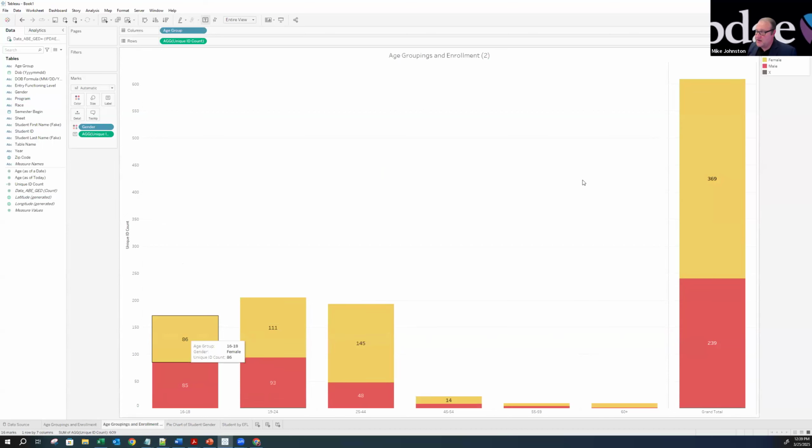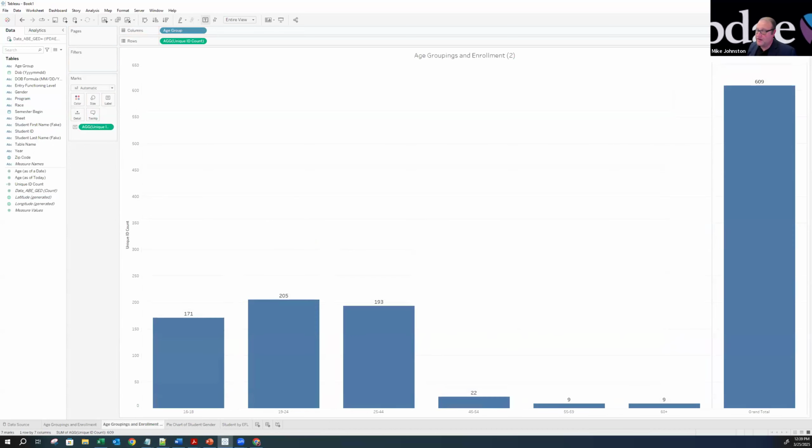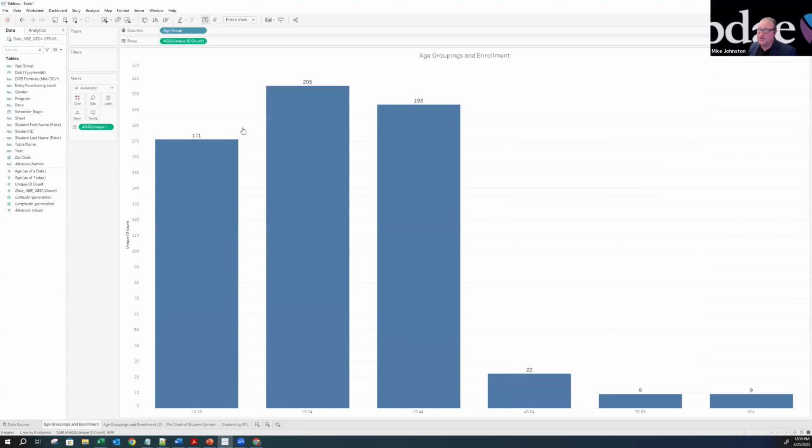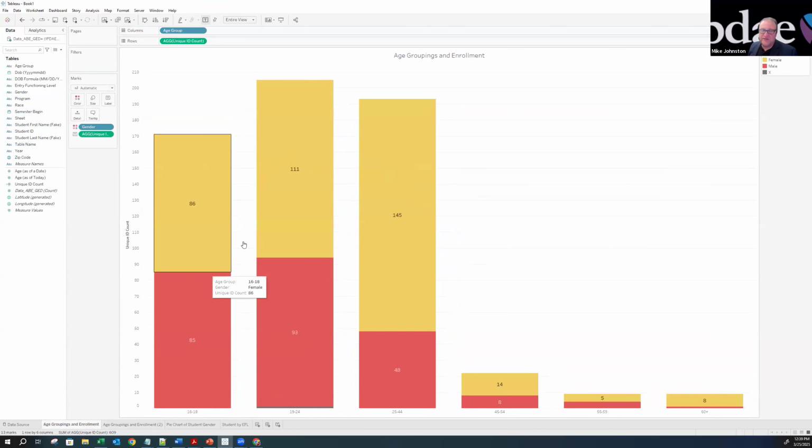But notice in here that this is a large grand total, and it does dimensionalize based off the perspective. So sometimes adding a grand total is helpful. Sometimes it's not helpful. So I realize here that maybe it doesn't make sense to add gender here because it could be dwarfed. So I'm going to pull gender back out. Again, this is your discretion. It's however you like to see the data. And I'm going to add gender to the one that does not have the grand total. So I'm going to bring my gender into this color. And now this helps give a little bit better of a proportion and distinction here.